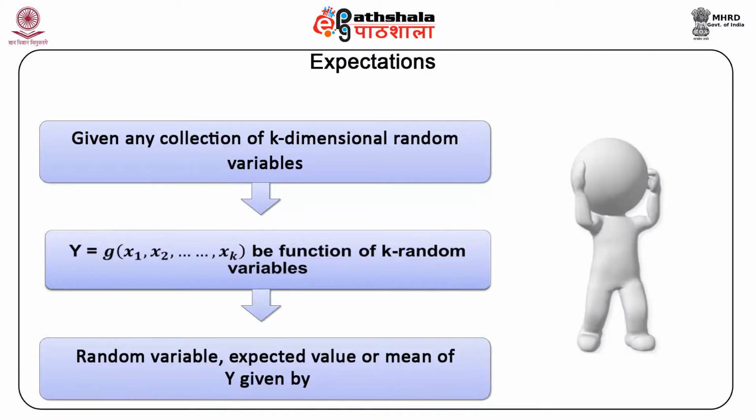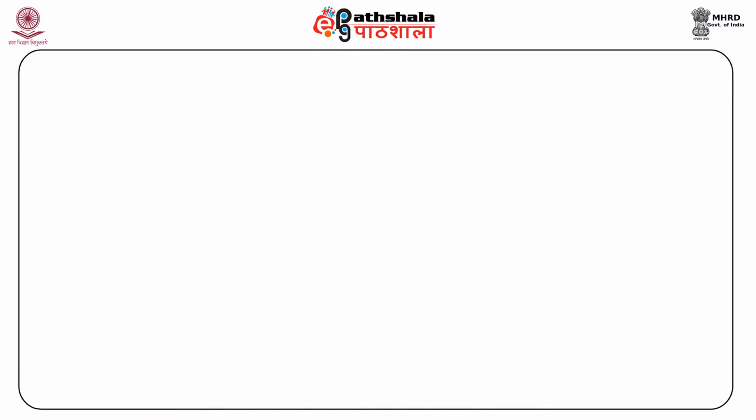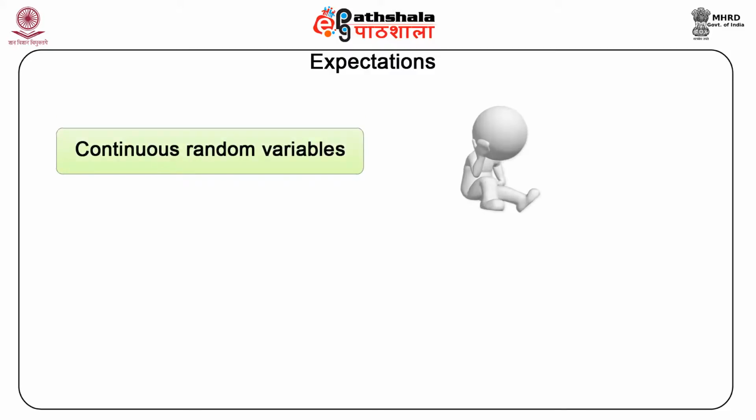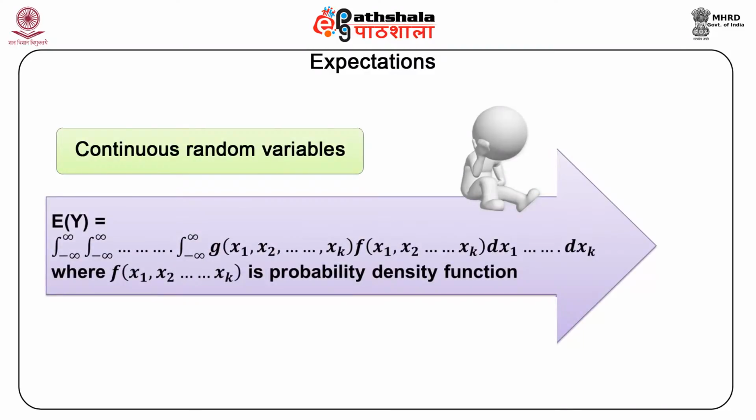The expected value or mean of y is given by, in case of continuous random variables, E[y] is equal to the integral from minus infinity to plus infinity, again integral from minus infinity to plus infinity, continuing k times, of g(x1, x2, up to xk) f(x1, x2, to xk) dx1 up to dxk, if the integral is defined,